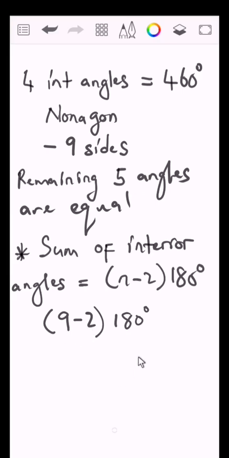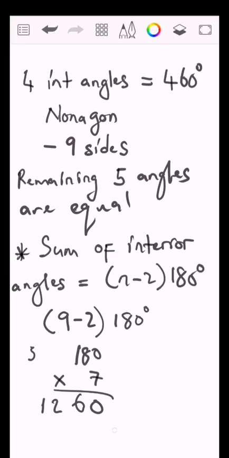So what is 9 minus 2? That is 7. Correct, we need to multiply 180 times 7. 7 times 0 is 0. 7 times 8, what is it? 8, 16, 24, 32, 40, 48, 49, 50, 51, 52, 53, 54, 55, 56. So it's 56. Then 7 times 1 is 7, plus 5, that is 12. 12. The reason I count on my fingers